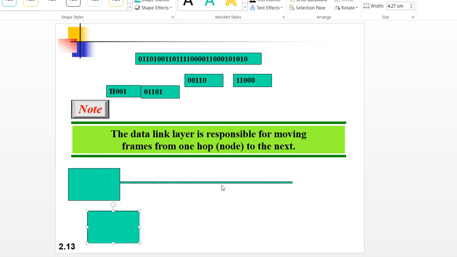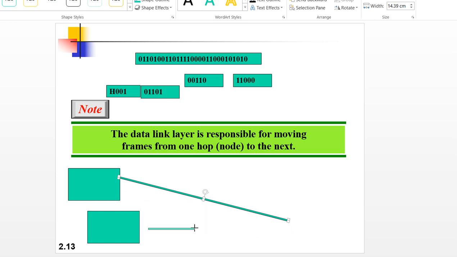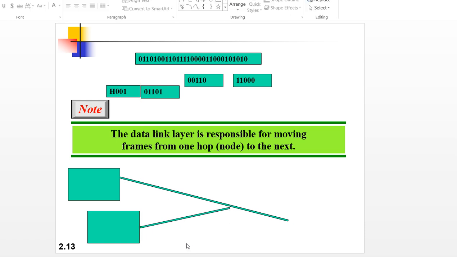Now, these are the 2 devices connected to the same link. Which device has to take control over this particular link?